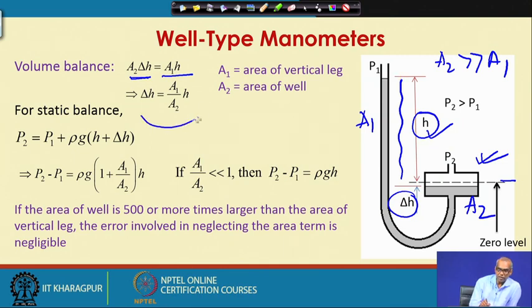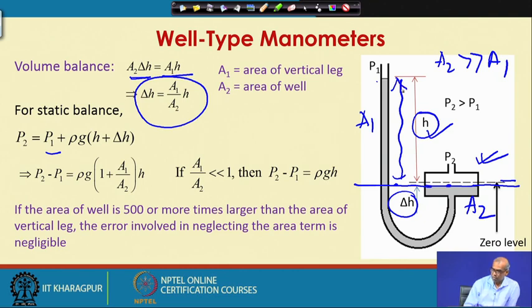From that I can rearrange delta H equal to A 1 by A 2 into H. For static balance, we will write P 2 is equal to P 1. So, P 2 is equal to P 1 plus rho g into H plus delta H. So, make a balance on this line. So, here the pressure is P 2 and here the pressure is P 1,